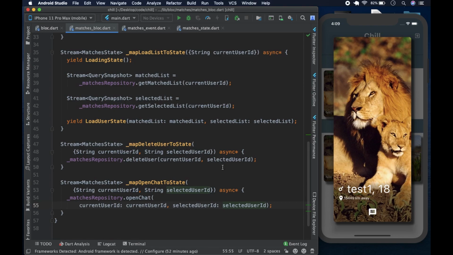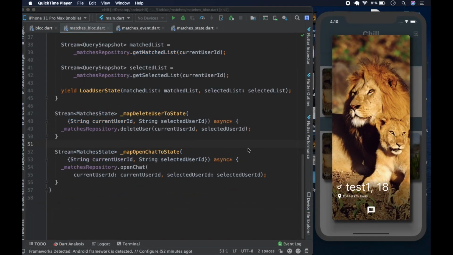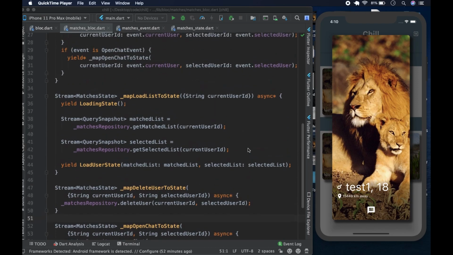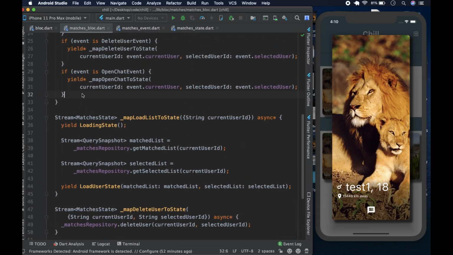And we can move on to the next, and I think the final mapping. This one is map accept user to state, right? And we could go up here and we check if the event is accept user to state. So we could just copy this first line. Copy, come down here, and if event is not open chat,